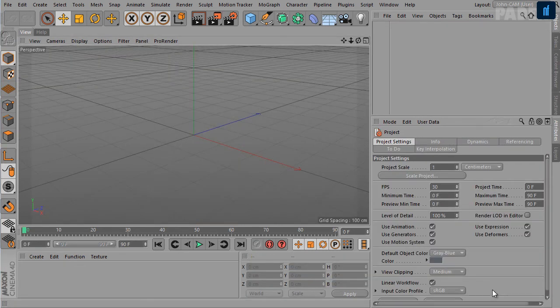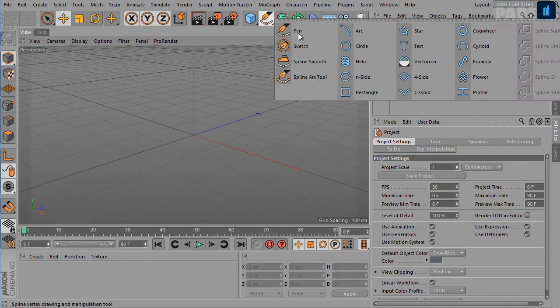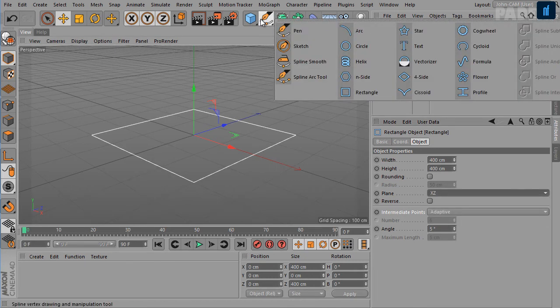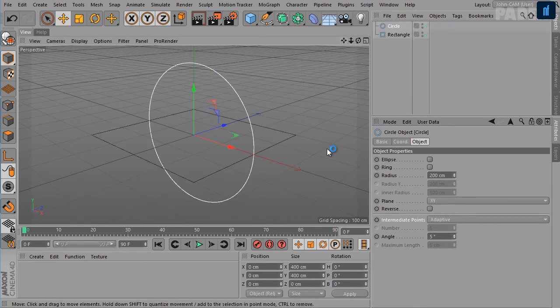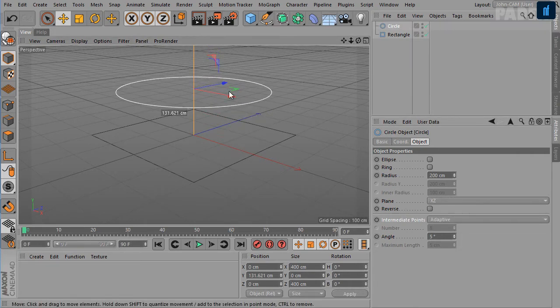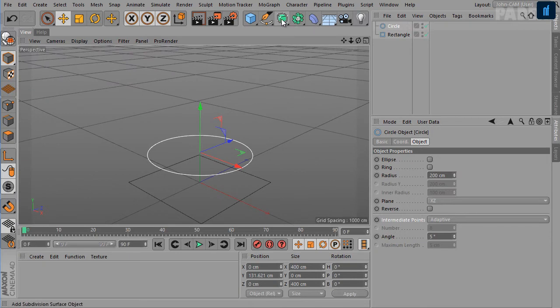In this lesson, we're going to talk about the loft object. It stretches a skin over two or more splines. So I'll go ahead and add a rectangle spline and change its plane to XZ. Now I'm going to add a circle spline, change its plane to XZ and move it along the y-axis.